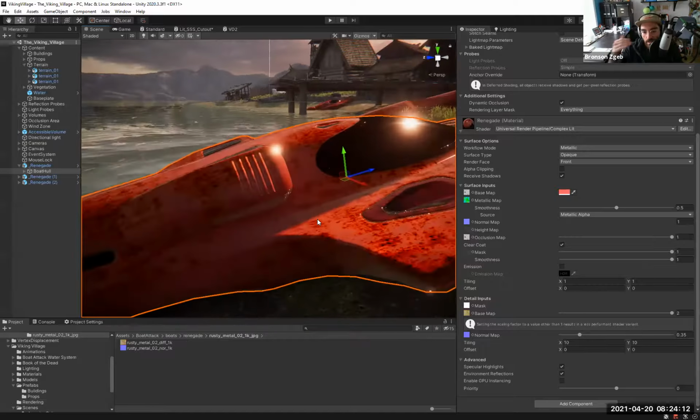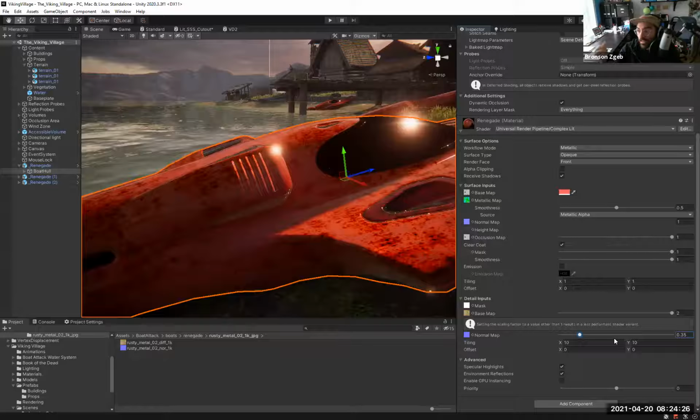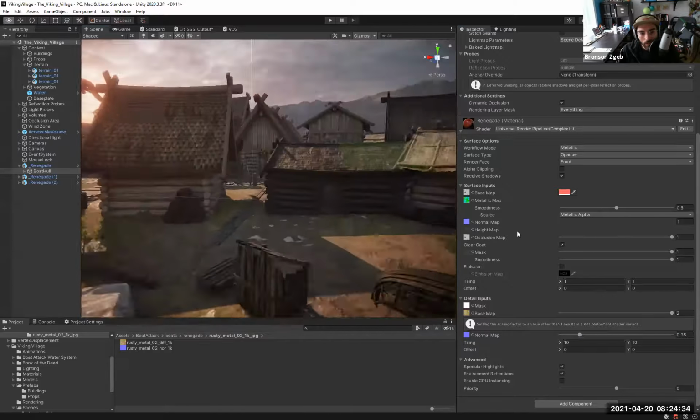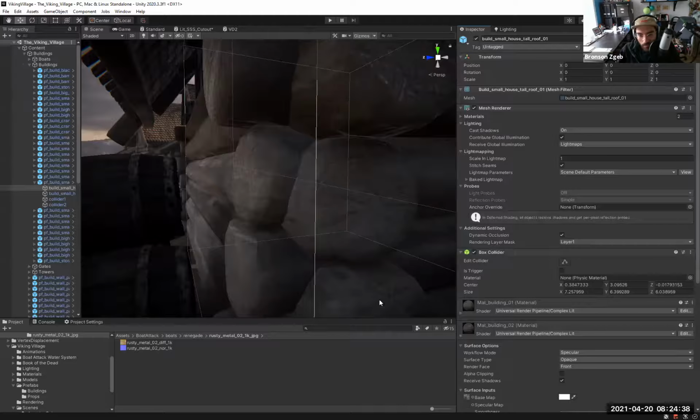So the idea here is that a detail map allows you to add a little bit more fine details to your objects, and you can also add the detail normal map to help give normals to those fine details, so that the way that the light reacts with the surfaces makes sense with the details that you're adding. I think you can see it in some of these as well.